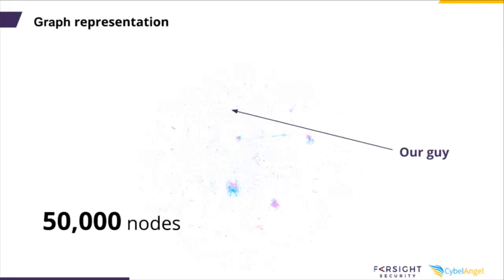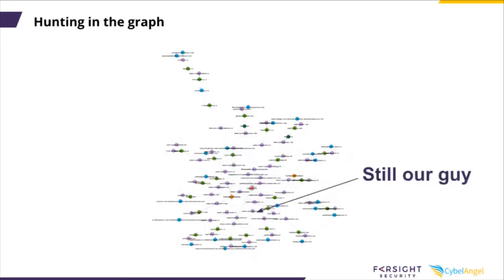And then I put all the data in Gephi, run the clustering, and I end up with a global overview like this with 50,000 nodes. And the guy I was just showing earlier is just lost here somewhere. You can already see some clusters actually. But if I zoom in a little bit towards my guy, I find a connected component.